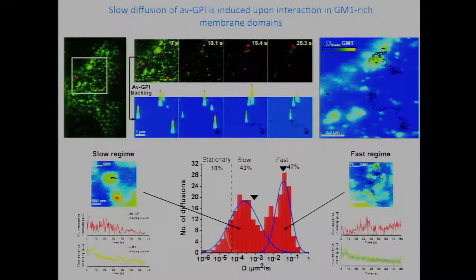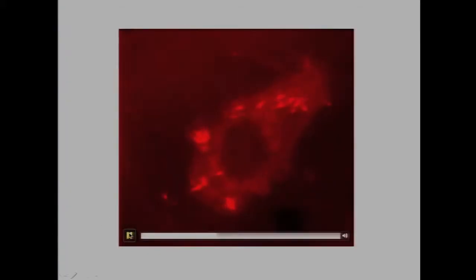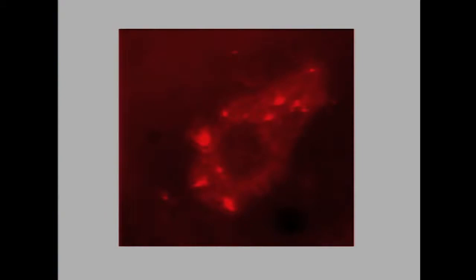So this is an example of what quantum dots are useful for. And I told you they are very bright, and they last for a long time. We can look at single molecules, and we can look at single molecules in extreme events. What you see here is a cell